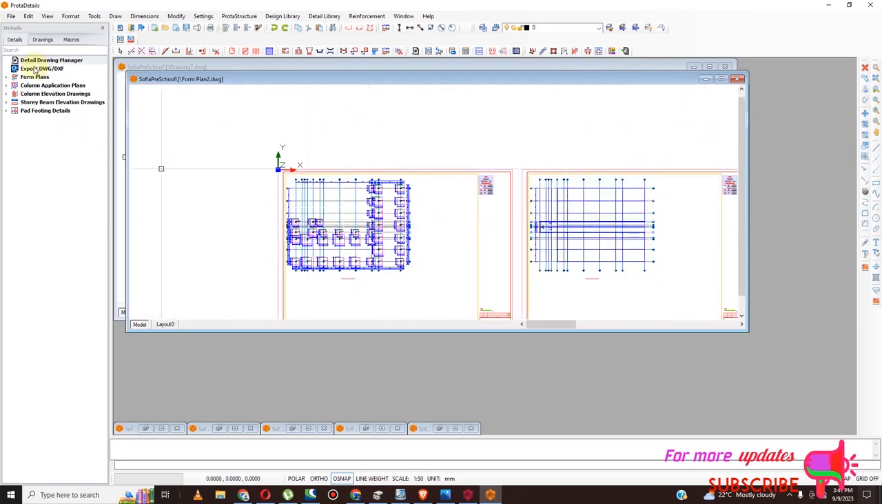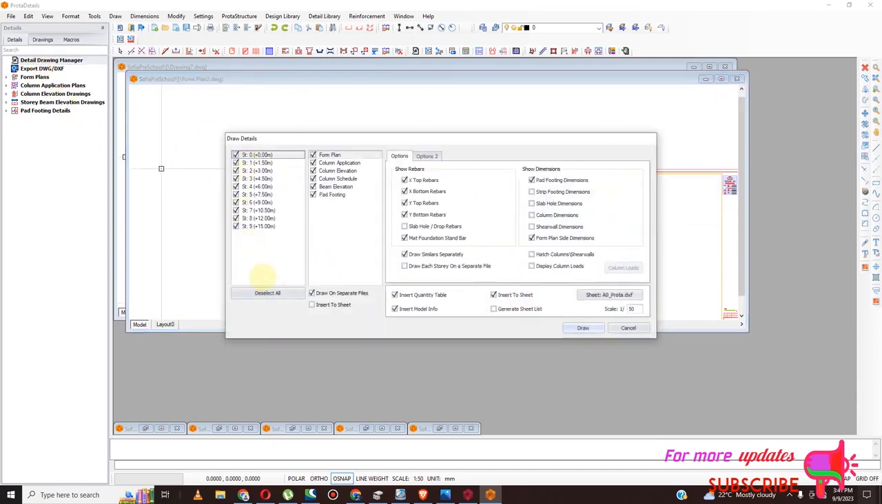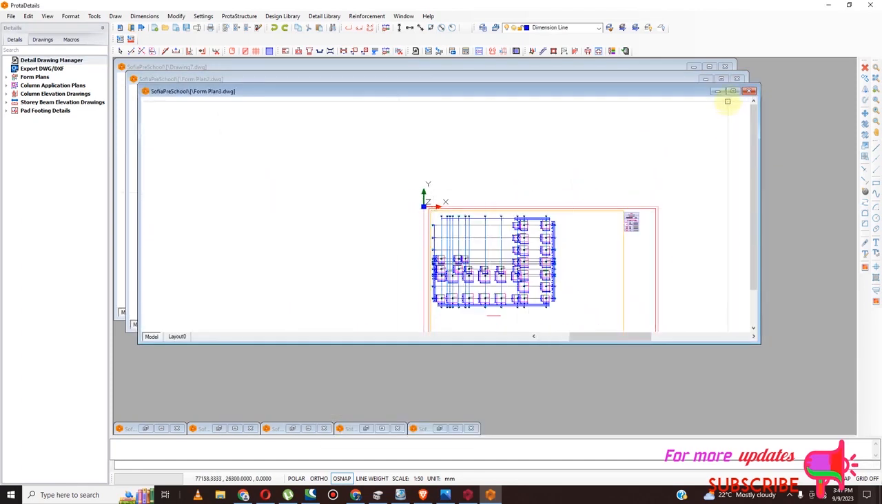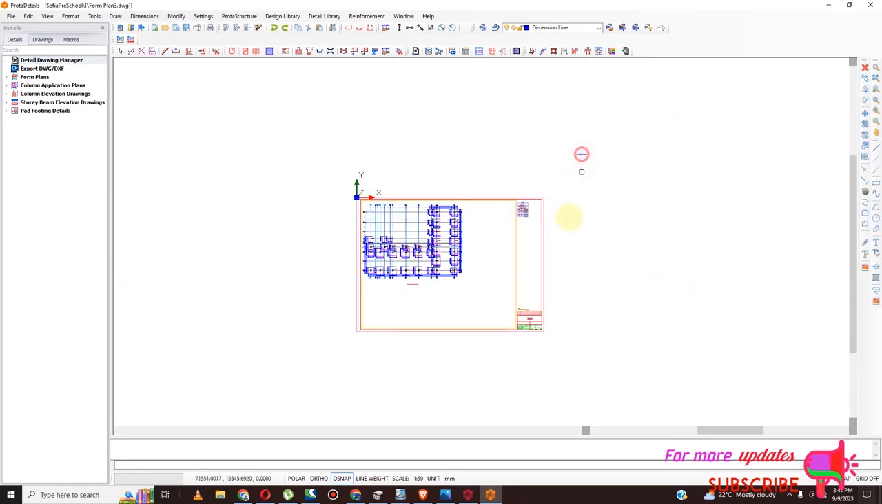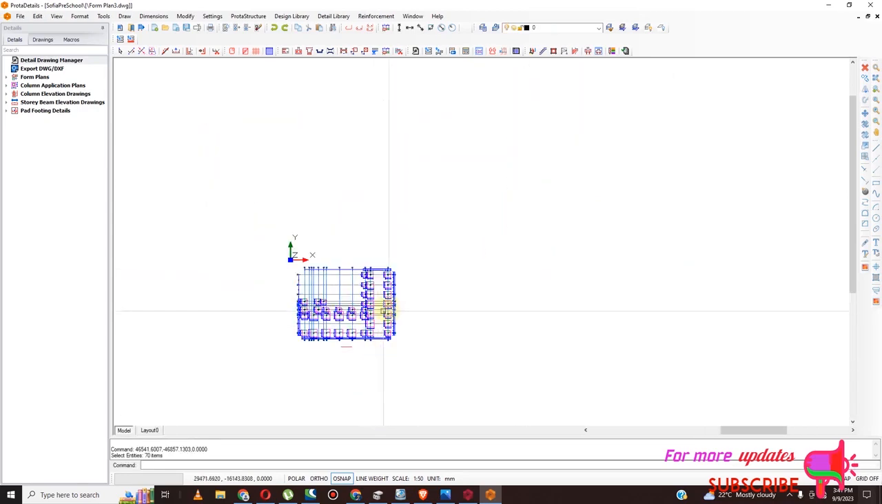So I need story 00 to select. I need pad footing. I need form plan. Draw. Now I can expand these. Now I can remove and delete, just delete this. And then